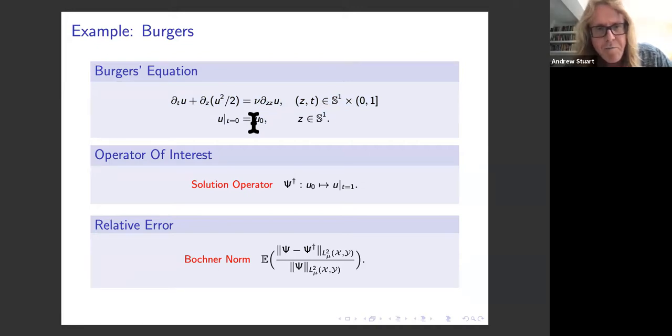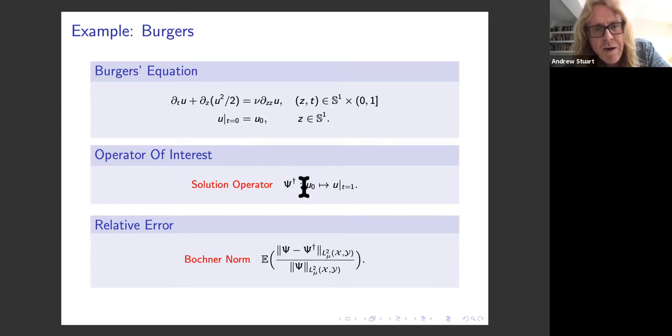The potential benefit of what we're doing here is that we can speed up the computation. This is a trivial equation to solve, but as you'll see later with the Navier-Stokes equation in a few moments, we get speed up by many orders of magnitude over solving the partial differential equation by a numerical method. That means that when one performs tasks that involve repeated evaluation of the solution operator, such as uncertainty quantification or design optimization, things become tractable which were not tractable before.